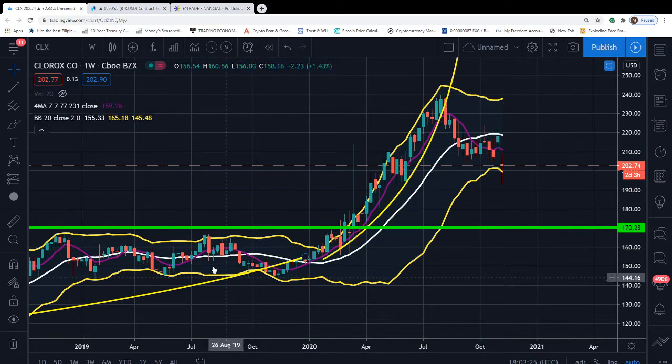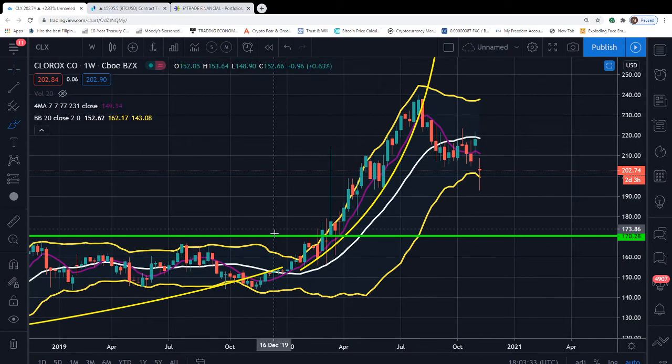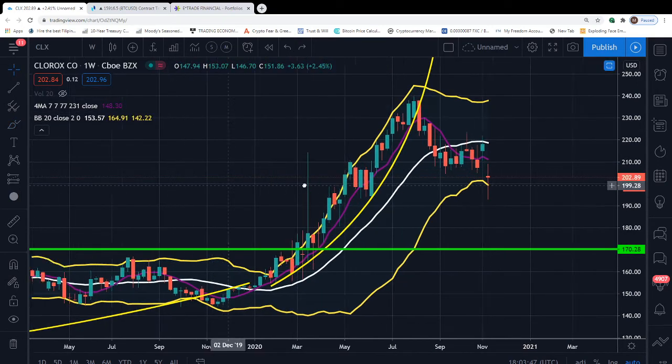Okay, so let's go back in history and see when was the last time that the price activity was below this white line here. This white line, for those of you who aren't sure what exactly the significance of this white line is, is basically the mean average line within the Bollinger Bands. And ever since, zoom in here,